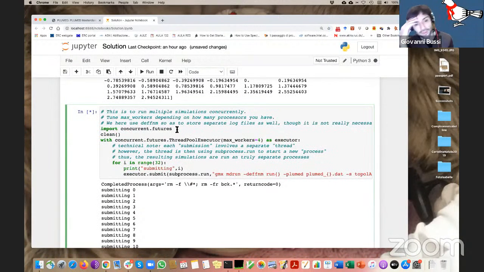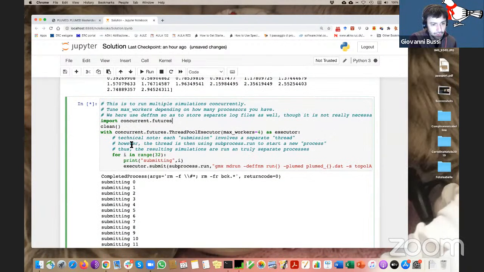This is something very useful. If you start working with notebooks, and I kind of became addicted in the last year or so, I think this is a very useful feature to learn, these concurrent futures. This allows you basically to submit stuff in the background, and then you can wait for them to be executed. And it's very flexible. You can check the documentation. You can do a lot of stuff. I will just comment